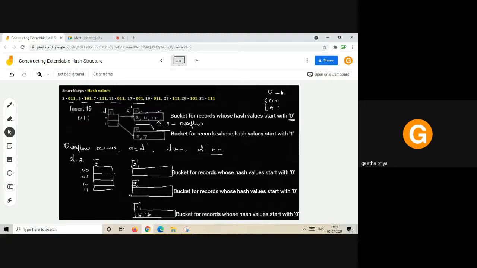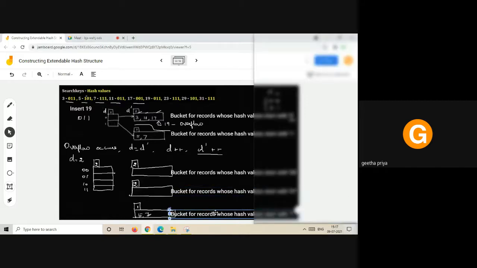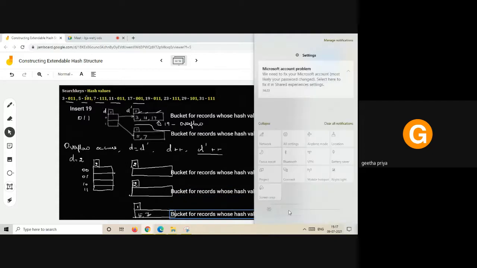When 19 comes, I should go for the next bit, 0 added up with another bit. That is, 0, 0 for one bucket, and records with hash value 0, 1 will be stored in another bucket. This bucket stores records whose hash value starts with 0, 0, and this bucket stores records whose hash value starts with 0, 1. The other bucket had no overflow, so I'll leave it as it is.